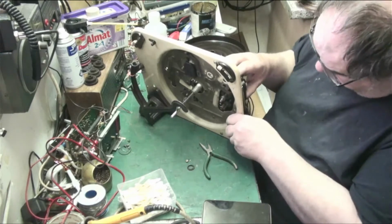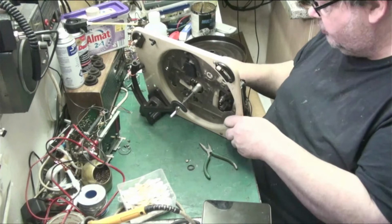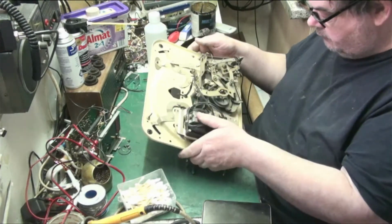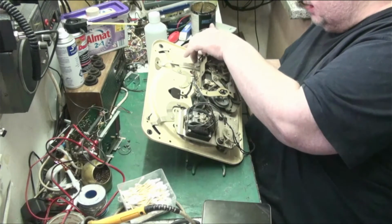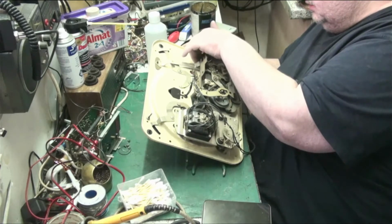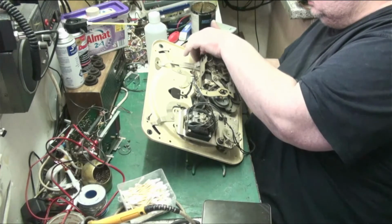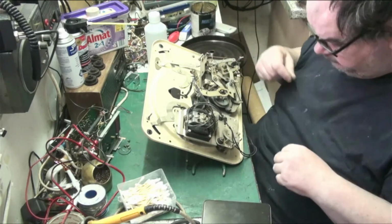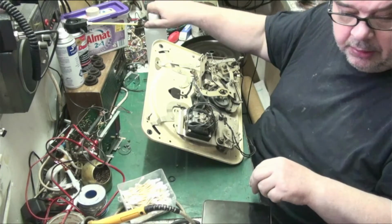The two bottom grommets are okay. They're alright. It's the two top ones that have gone. Right. Screw that down so it doesn't waggle about and scratch the paint. There we go. Just take that out there for now. Right, so what I'll do, I'll get,